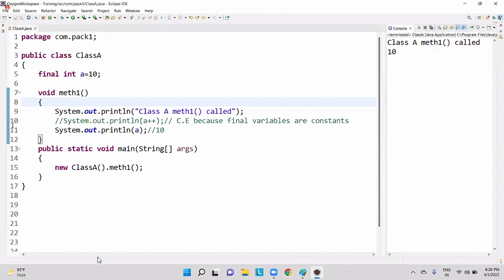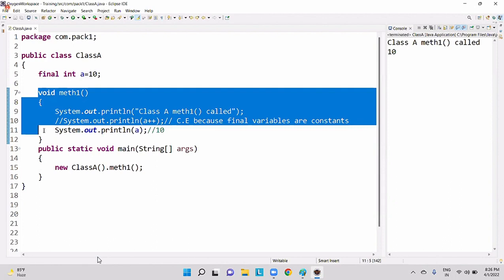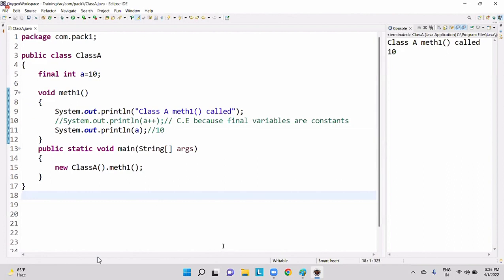Now what I want to do is perform method overriding for method1. Can you help me? Tell me what I need to do first. Very good, Mukesh, you are saying to create a class.